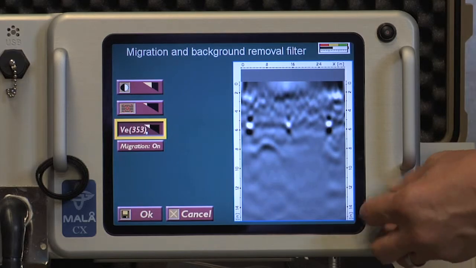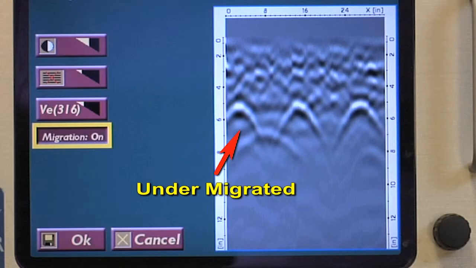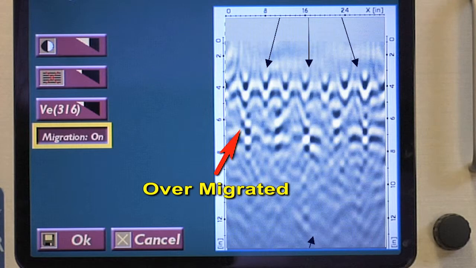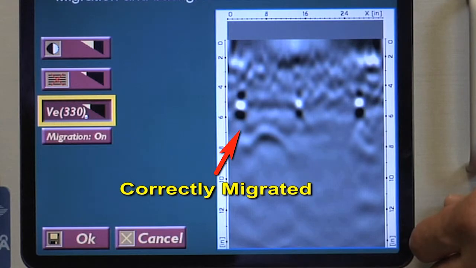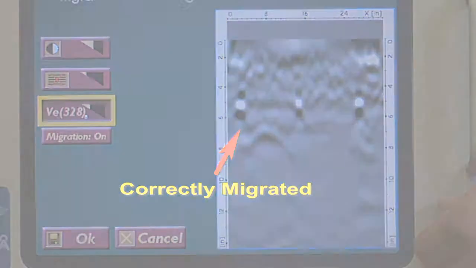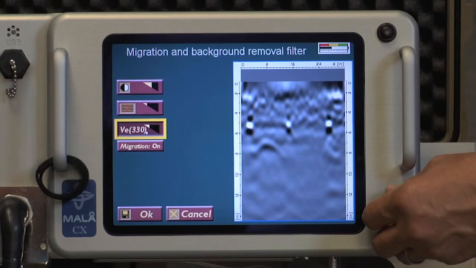The following are 3 examples of migrated data. Example 1, under-migrated. Example 2, over-migrated. Example 3, just right. Please note that the same filters are available in the velocity settings as is in the